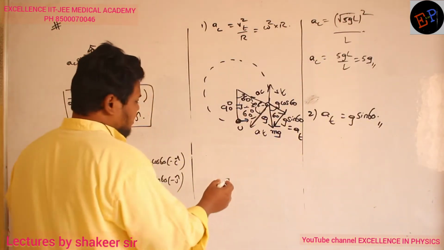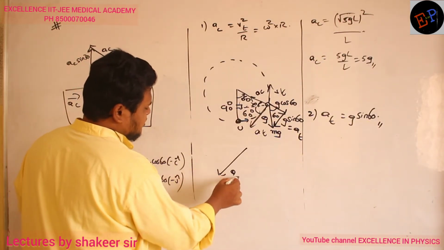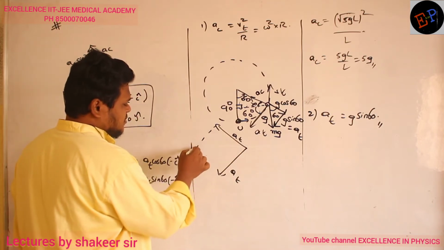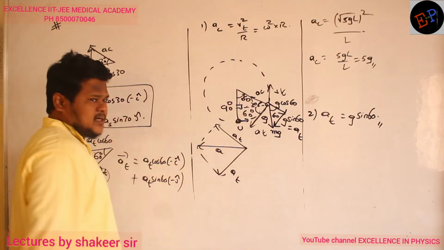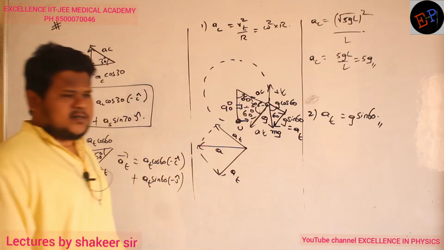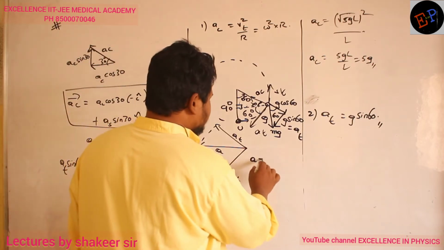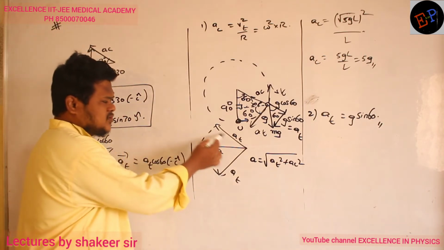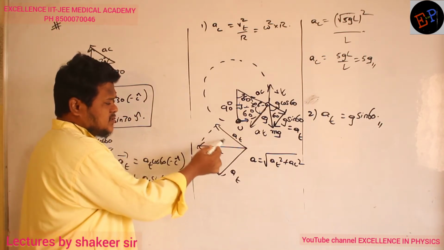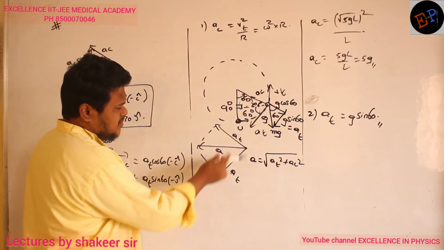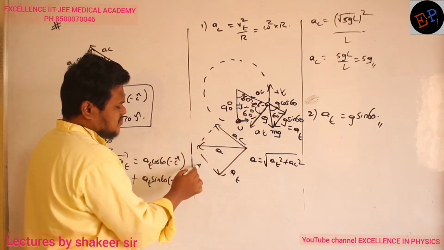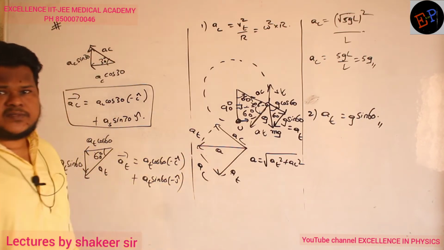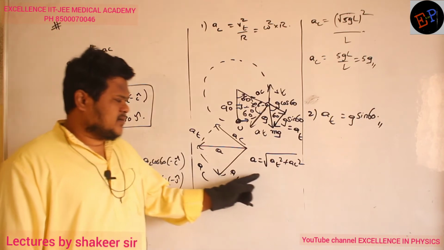See, one acceleration is like this, tangential acceleration. Another acceleration is like this, centripetal acceleration. So this is the resultant acceleration. Already we have calculated. If you just want to find the magnitude of the resultant acceleration, then A is equal to the square root of AT square plus AC square. Already we studied, because these two are at an angle of 90 degrees. So if this is AT, this is AC; if this is AC, this is also AC; if this is AT, this is also AT. This is also a right angle triangle. So this is how I can find the magnitude.